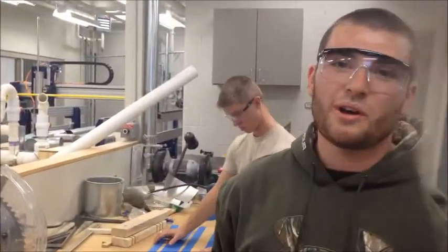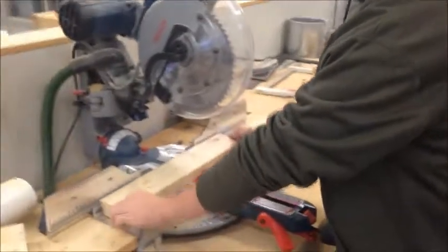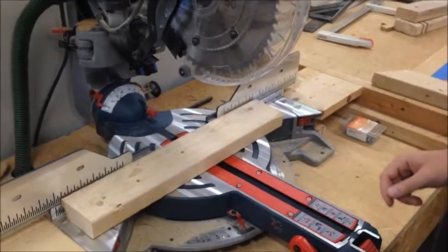So the last cut we're going to talk about is the miter cut, and basically you're just going to want to put the wood like that. Make sure you have your safety glasses on. Make sure your area is clear. And to do the miter cut,